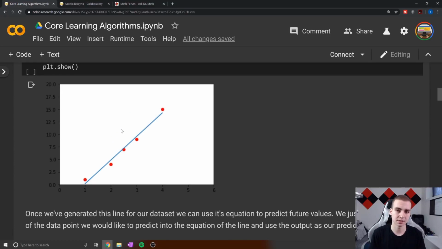Now, this is a very basic example because we're doing this in 2 dimensions with X and Y, but oftentimes you'll have data points that have 8 or 9 input values. So that gives us a 9-dimensional data set. And what we'll do is predict one of the different values. So in the instance where we were talking about students before, maybe we have a student's midterm grade and their second midterm grade, and then we want to predict their final grade.